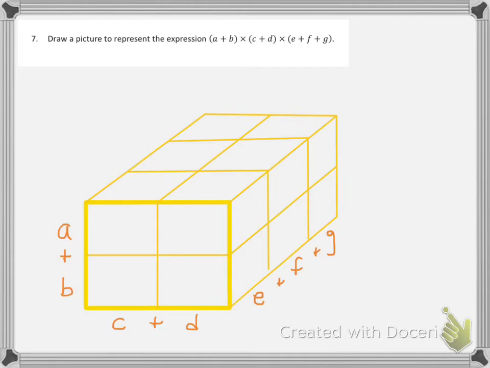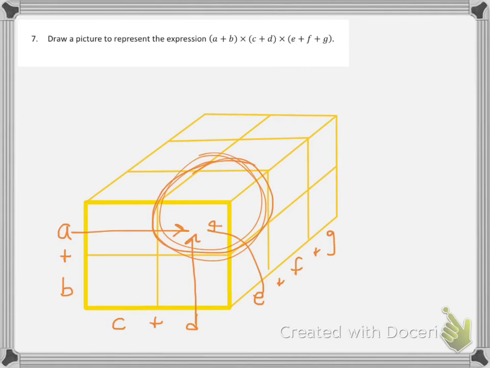We get a volume or 3-dimensional figure, and each individual rectangular prism like that one would have its own product. So in this case, it would be A times D times this E. And that would be that one segment. And we would do that for all 12 of those segments. But we just needed the